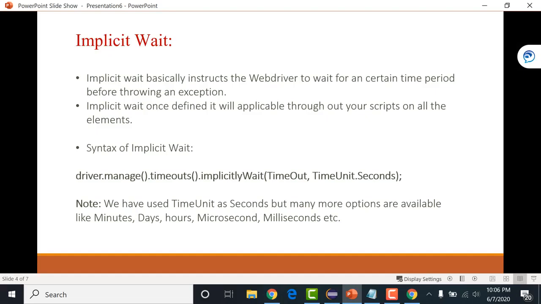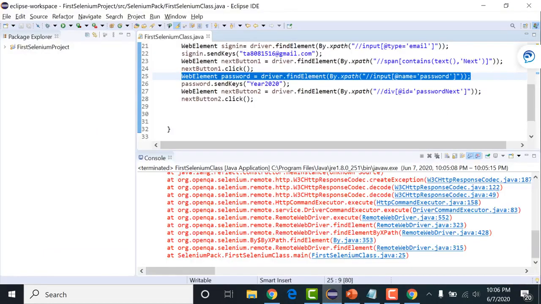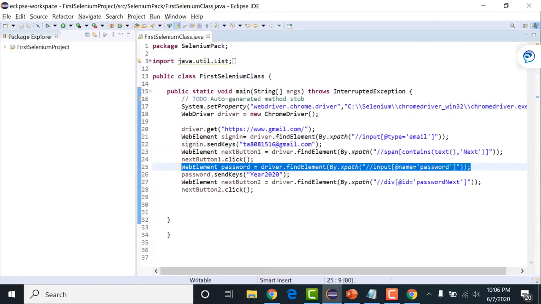What we are doing here is telling our Selenium scripts to wait, and here we want to define the timeout, meaning how much time you want to wait. 10 seconds, 20, 30. Whatever time range you define here, your Selenium script will wait for that time. If you define 10 and the unit as minutes, it will wait for 10 minutes. Now, let's write this in Selenium. How are we going to write it?